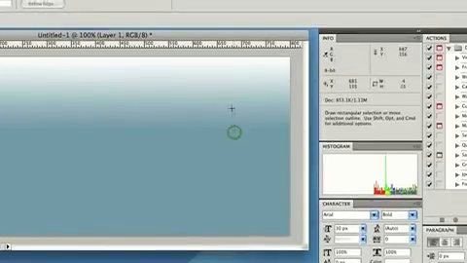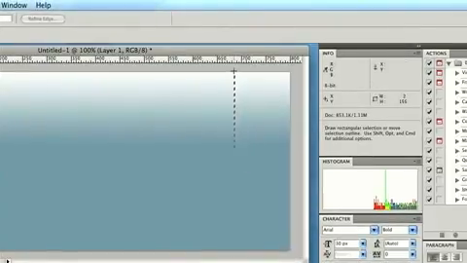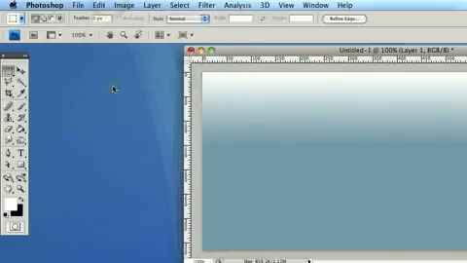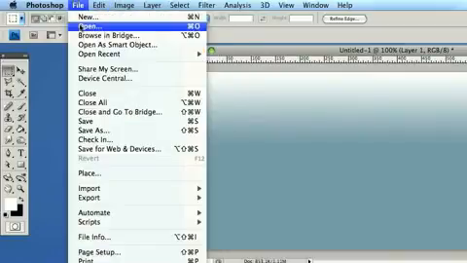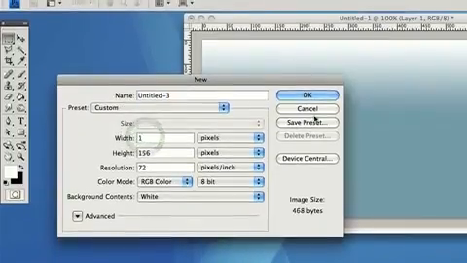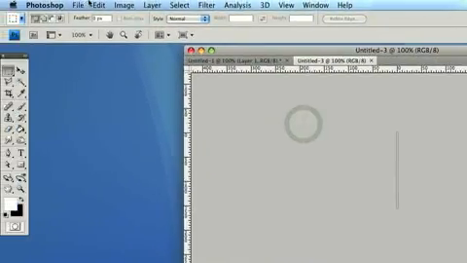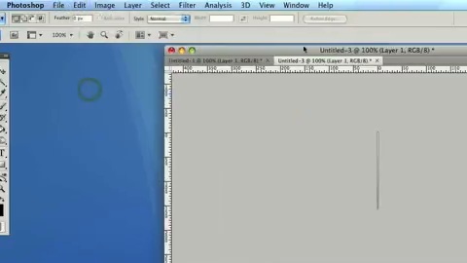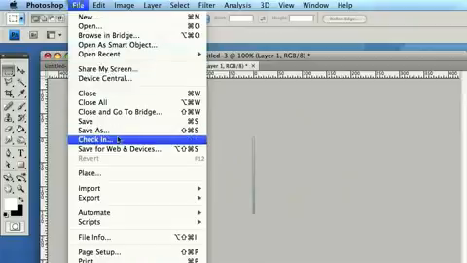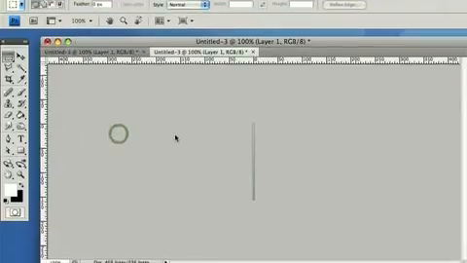So if I take 1 pixel of this, like so, edit, copy merged, and make a new file. I only need this to be 1 pixel wide, and then edit, paste. So there's my background sliver. So we'll go File, Save for Web and Devices,